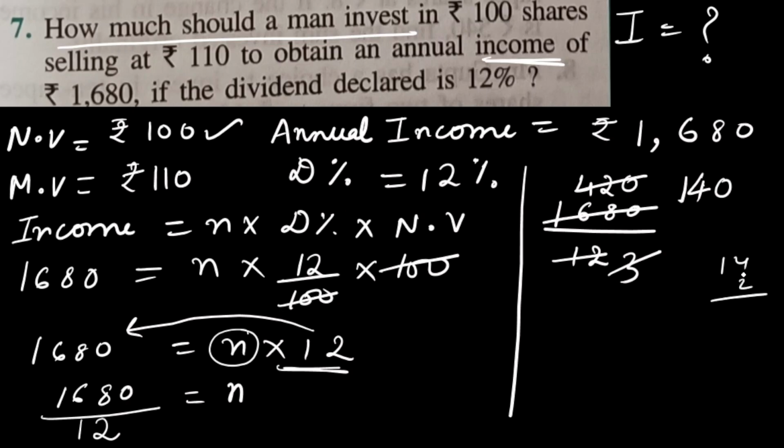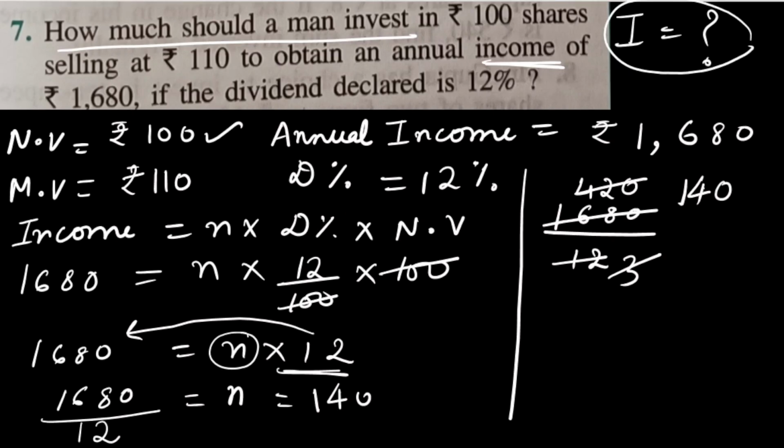I'll just double check, because I am making the video in one go and I don't want anything to go wrong. So 4 into 2 is... one second, I am dividing it by 3. 14 into 3, 14 into 4 into 3, 12, 42, right, it's correct. So 140. How many number of shares did I get? 140. I hope you have noted down this question. I'm just going to clear this so that we can find I. So N I have found is 140. Here I'll write N is equal to 140.